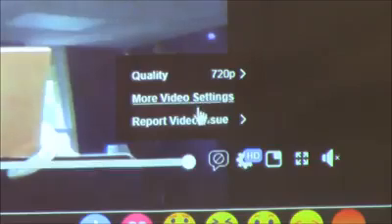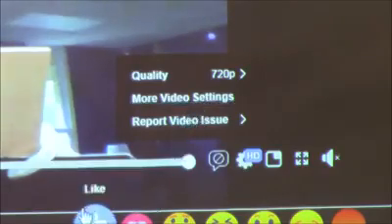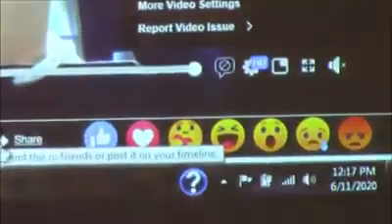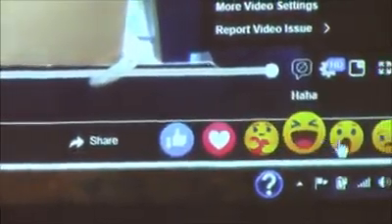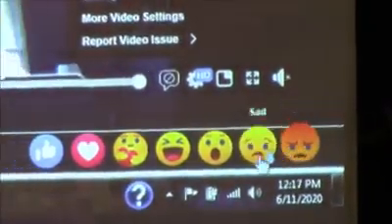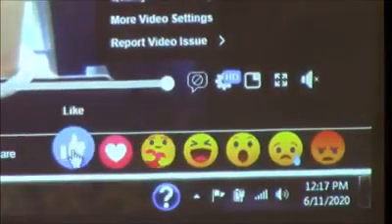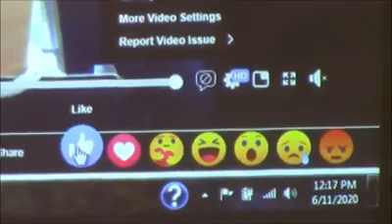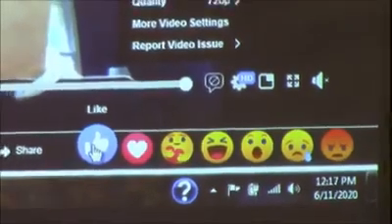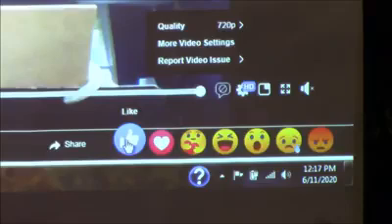The only other thing that I have is at the very bottom of the video. You have all of the icons again. It's the same icons on the right side when you hover over the like button. However, this is specifically for reactions during the video itself.